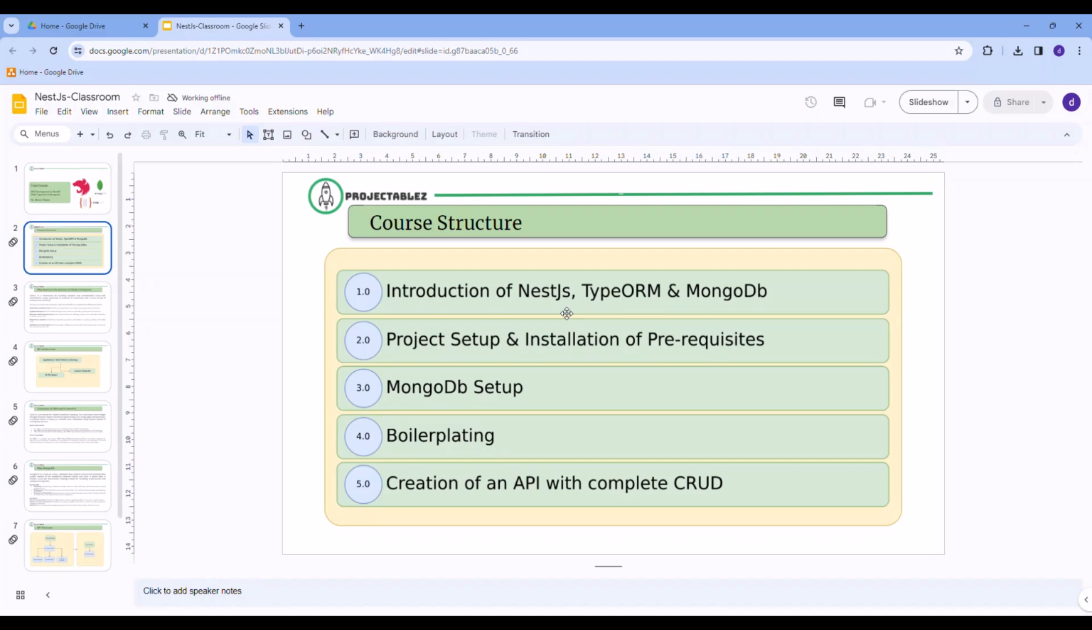MongoDB setup, we will do the complete setup, and then we will integrate this MongoDB with our application that we have developed in NestJS. Then afterwards, we will do some boilerplating. Boilerplating means the template-driven approach. I have prepared a very well-structured template. All you need to do is just copy it and design a new API by renaming it and then include it in